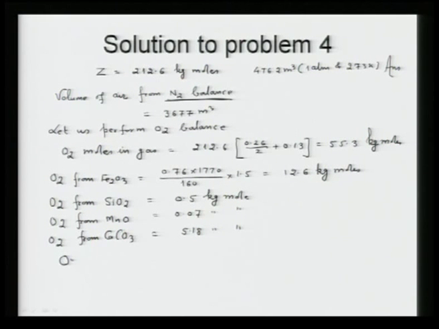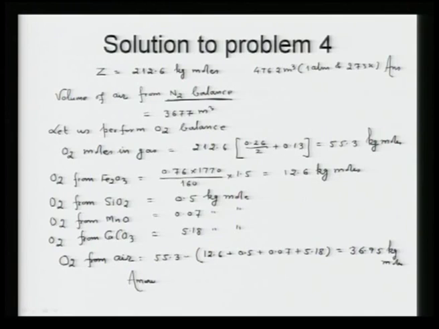So, now O2 from air will be 55.3 minus all these which are available, that is 12.6 plus 0.5 plus 0.07 plus 5.18. So, oxygen from the air is 36.95 kg mole. Therefore, the amount of air is equal to